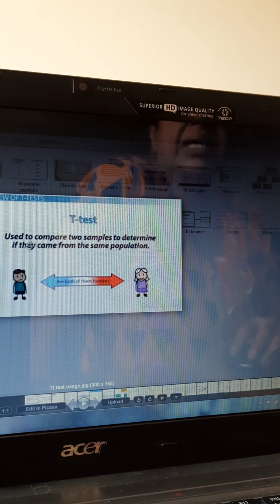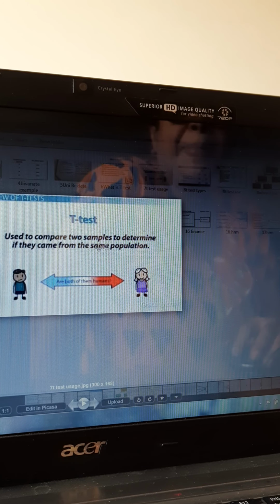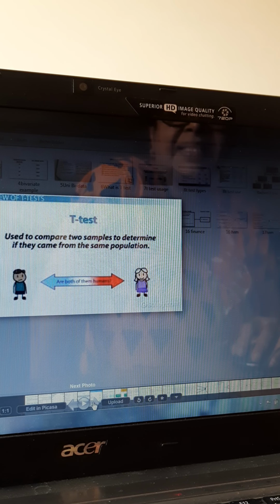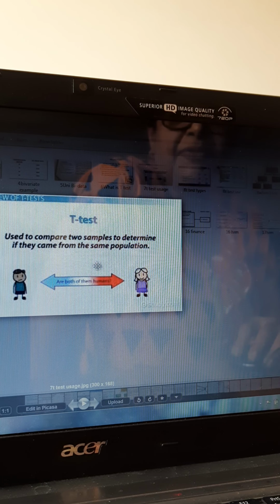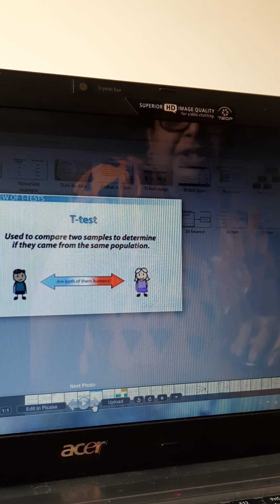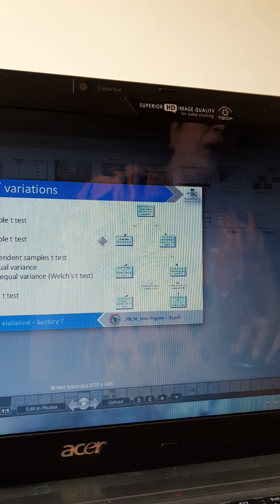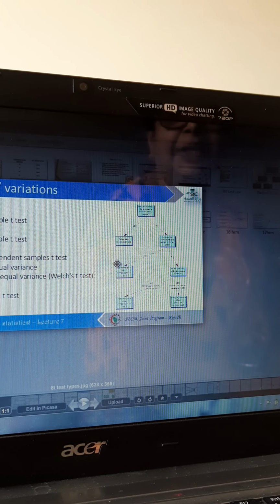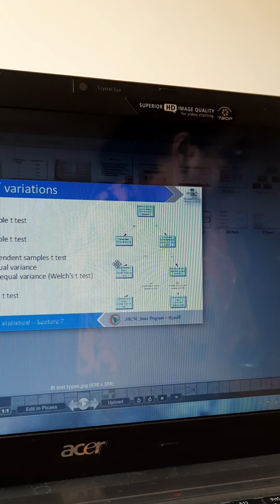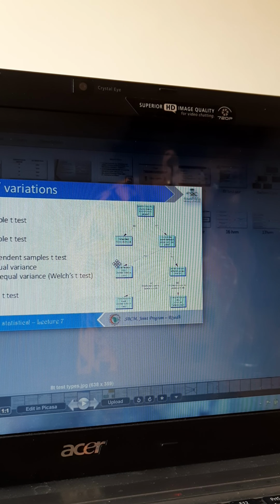Okay, so the t-test is used to compare two samples to determine if they come from the same population. If the scores are the same, they reflect the same means of the population. What are the various types of t-test that you can do? One sample t-test. In one sample, you are trying to find out what is the average score of